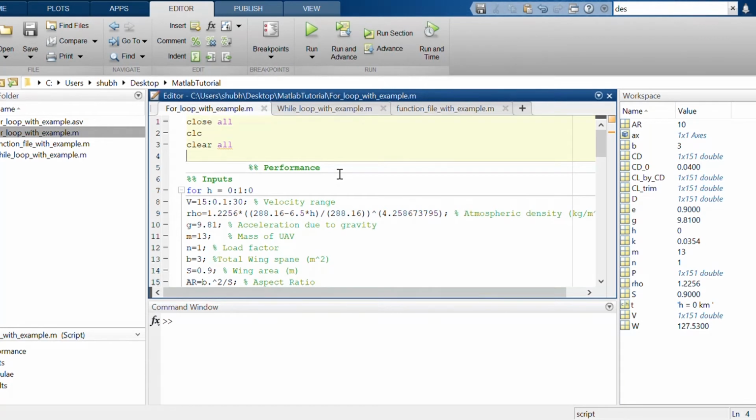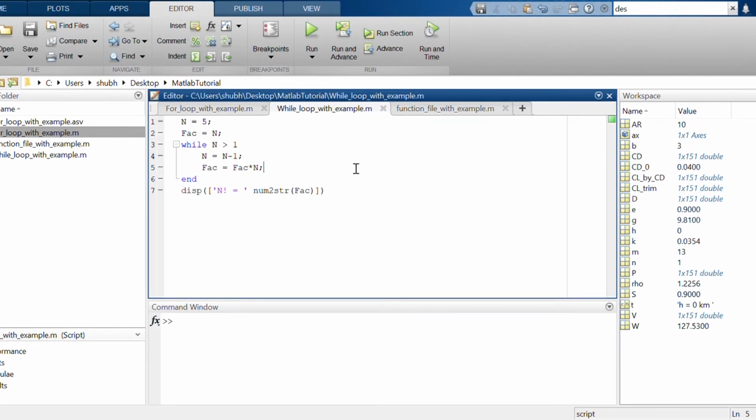There is no condition like less than or greater than, so we use a for loop. But suppose the problem is such that a condition is specified like less than or greater than, then for that same problem we can use a for loop as well as a while loop. It depends upon your choice also. So let's see the while loop.